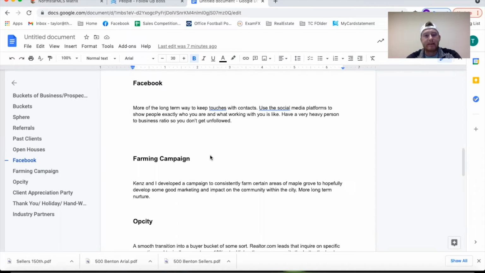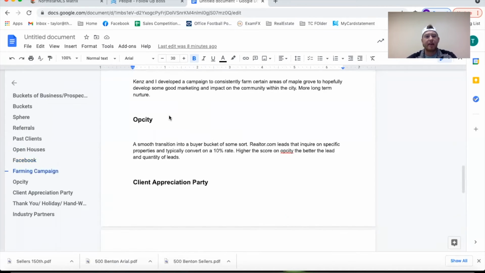So farming campaigns are great. That's more of a next level prospecting idea. I don't typically draw in a statistic to generate actual deals from that. I think that's a more appropriate long-term branding strategy to help retention and maybe increase conversion rate, so that people can recognize you from your name versus a 'who the heck are you' type situation.